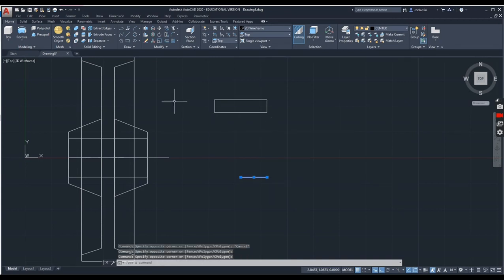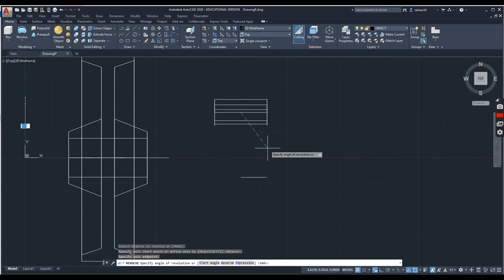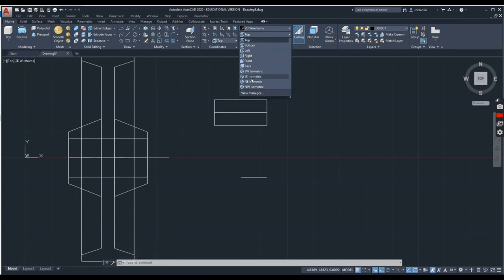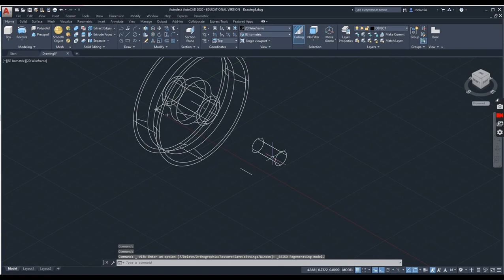Okay, now what we're going to do is use the revolve command. We're going to revolve, pick that rectangle that we did. I'm going to use this point and this point as our revolution. I'm going to go 360 degrees. I can type in 360 if I want, or just hit enter. And if I go to my southeast isometric view, there is my